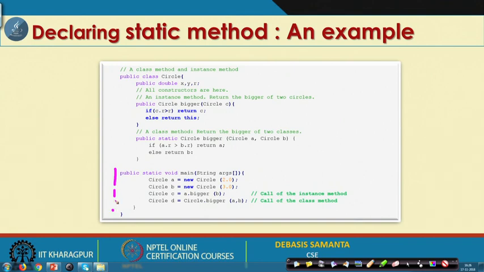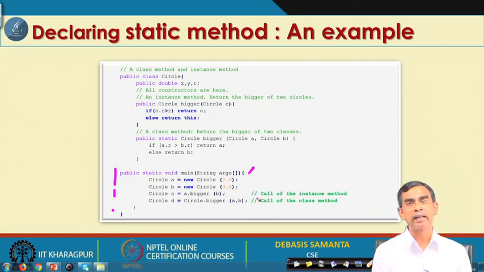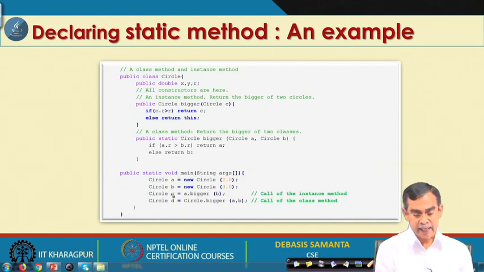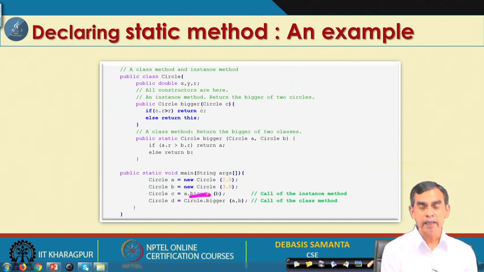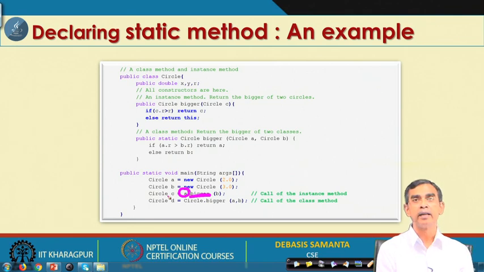We can create a circle, so A and B are the two circle objects created, and then C is another circle object, which will be returned by bigger. Now, you see this bigger method is the instance method, because it is accessed through an object. So, A.